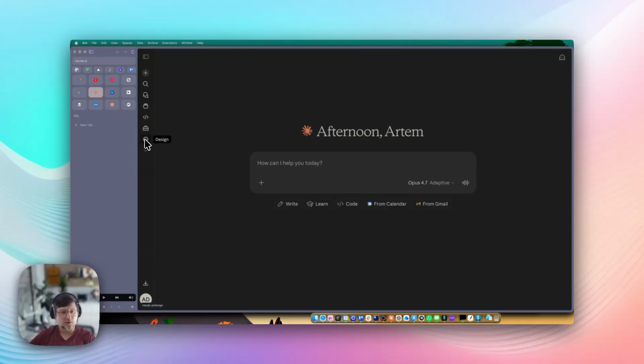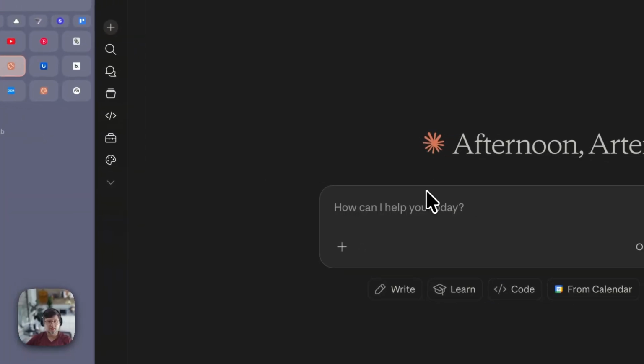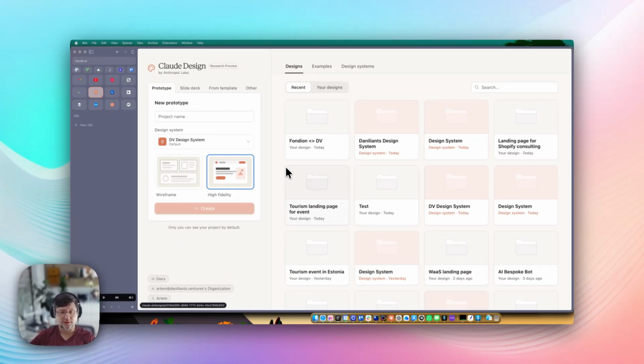Well, first of all, Claude Design can be found here online. When you go to Claude.ai, you'll be able to see the design icon here. If you have the Claude application installed on your computer, you can't really get access to the design. You need to be in the browser, right? So once you are in the browser, logged in, you can click design and you'll be taken to this page,